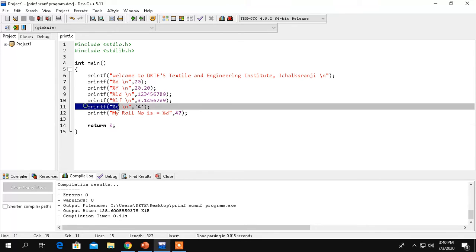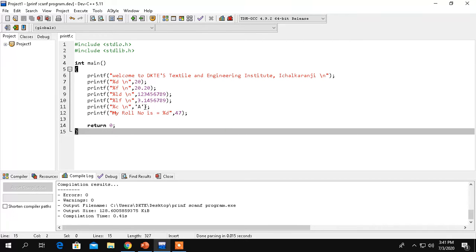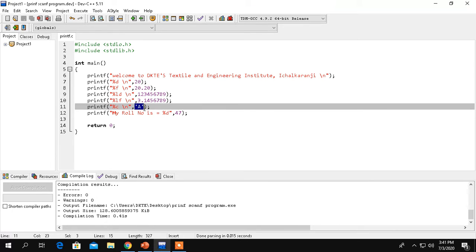Again if we just consider the next printf function over here. Now suppose in many cases we have to consider a character as input value from the user. So in that case, to have these characters over the output window, we have to consider %c in this double quote. Now very important: after this comma, we cannot write this character directly over here. So to have that character over the output window, we have to mention a single quote over here. So if you just look over here, we will have this character A in a single quote. Again the same sentence we have to complete with a semicolon.